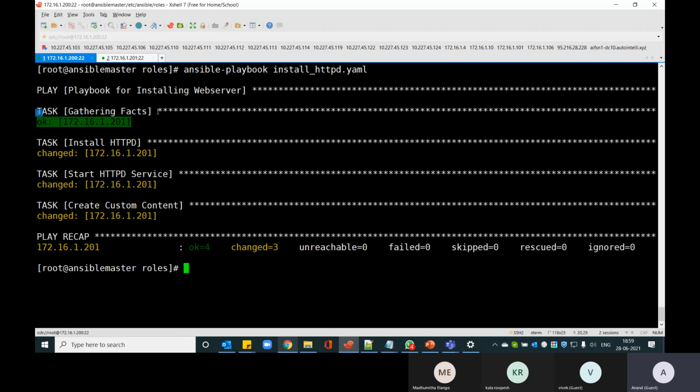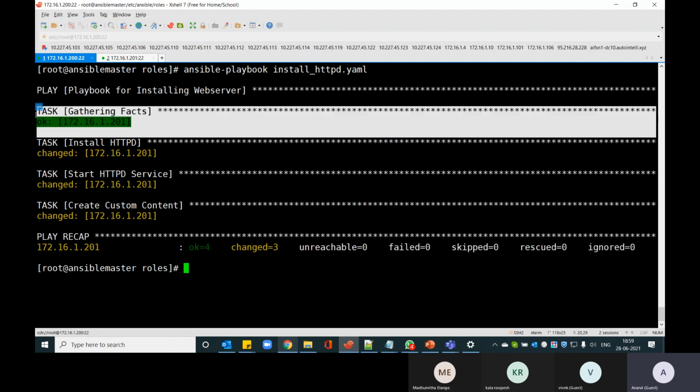You can always say whether you want to gather the facts or not. I can mention gather_facts equal to false when I define the play and name, so that it doesn't have that step. Otherwise, that step is default. So if it installs on 10 different nodes, it does the fact gathering on all those 10 different servers. If you don't want that, you can always disable it.